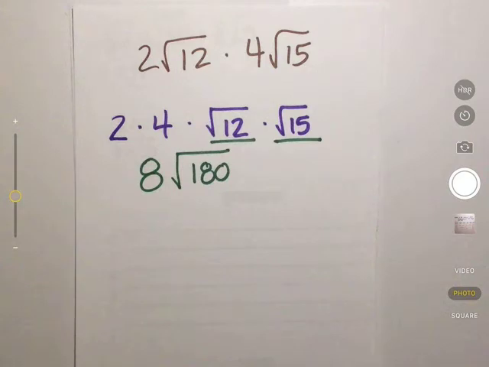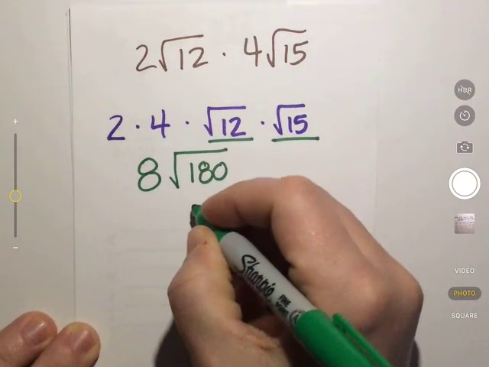180? Well, I know that 9 is, but I'm wondering if anything bigger than 9 is. So 180 divided by 16, nope. 180 divided by 64, nope. 180 divided by 36, yes. So 36